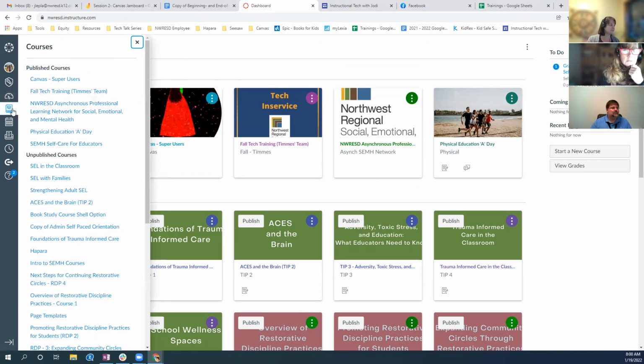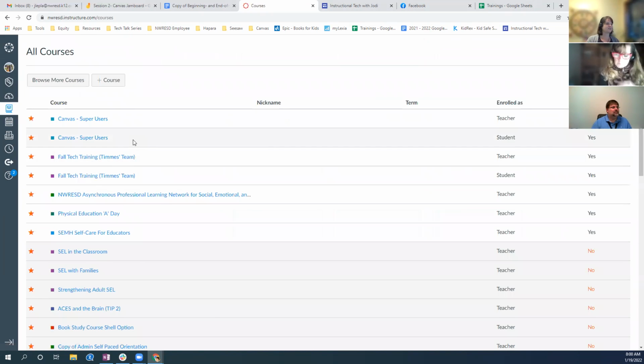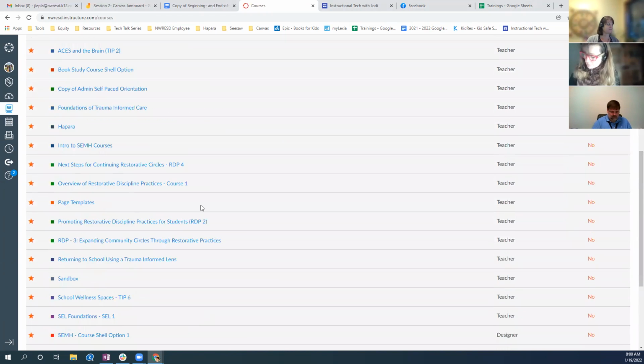So if you go to courses, published courses, it'll list all of your published courses in a list, your unpublished courses. But if there's a course from last year or 2 years ago and you don't see it in your main dashboard setting, you can click all courses and it's going to show you every course that you have been a part of,